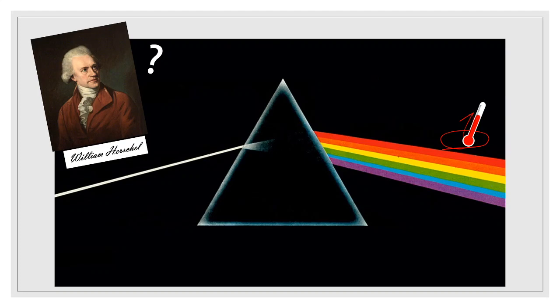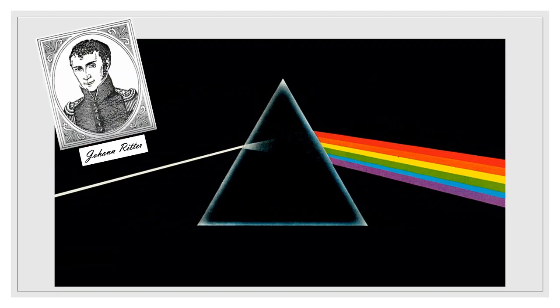Well, Herschel wrote a paper about this discovery that he had made, and he started sending it to all the other different famous scientists at the time. And one of the people who found this paper and heard about this very strange discovery was this guy, Johann Ritter. Mr. Ritter decided to do kind of a follow-up experiment, the same idea as what Herschel had done, but